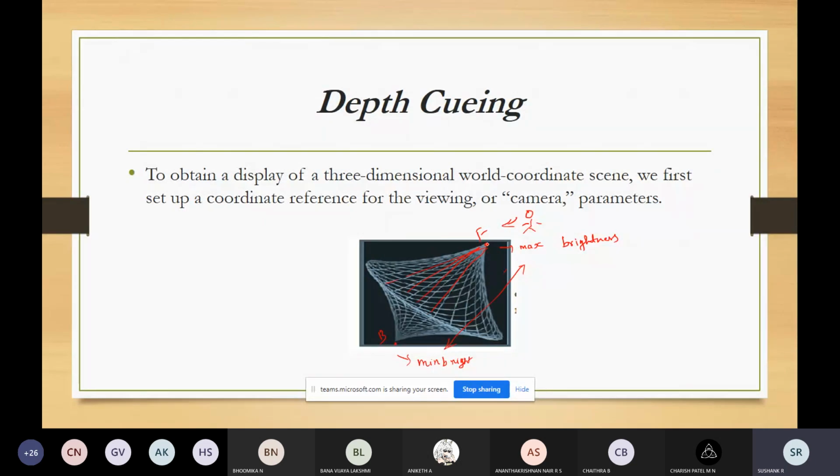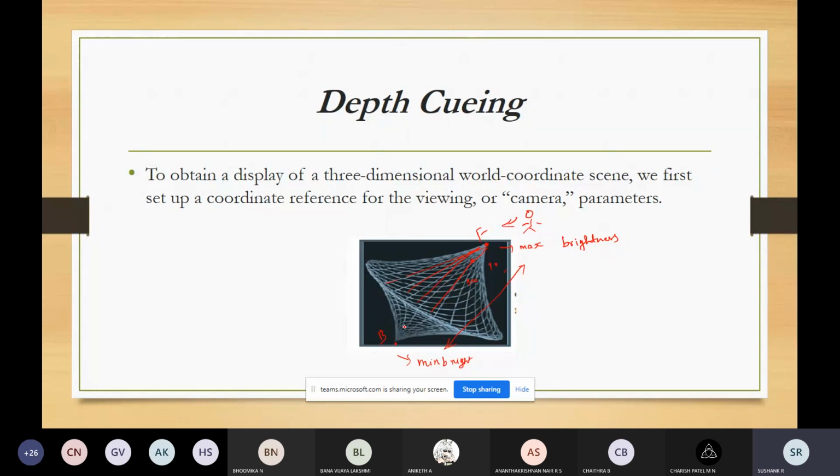So if the brightness is 100% here, somewhere down this point it will be 90%, 80%, 70, 60, 50, 40, 30, 20, 10, like that. So this is the depth cueing methodology.